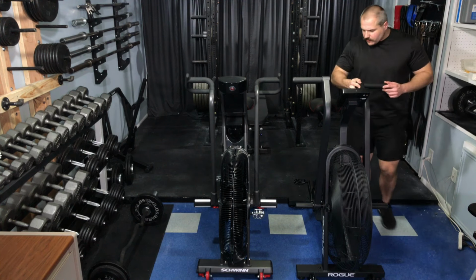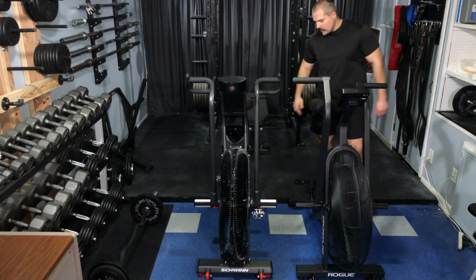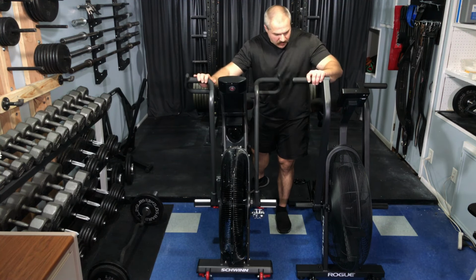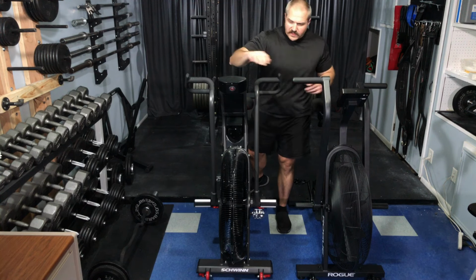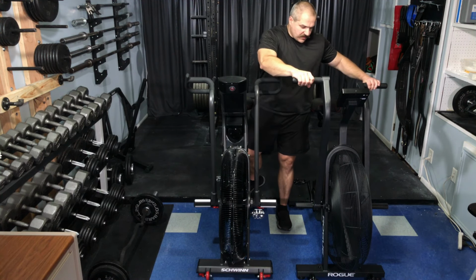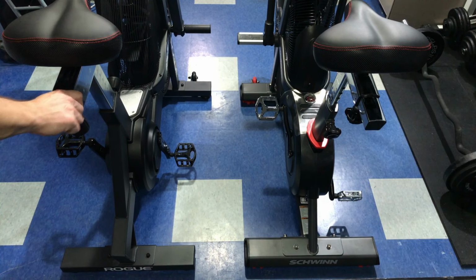On both of these, the arms, everything is very solid and tight as long as you have it tightened down, the bolts snugged and everything. There's nothing loose on here. It's not like this is just flimsy and flopping around and this is super sturdy. They're both pretty good. So I'll just show you a comparison of the stability of the frame and how much play there is and how much moves around. Like on the Rogue, you can see,